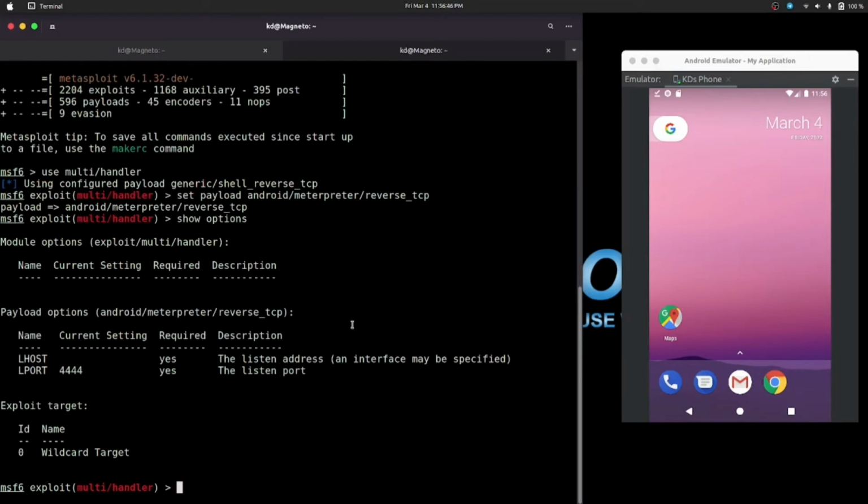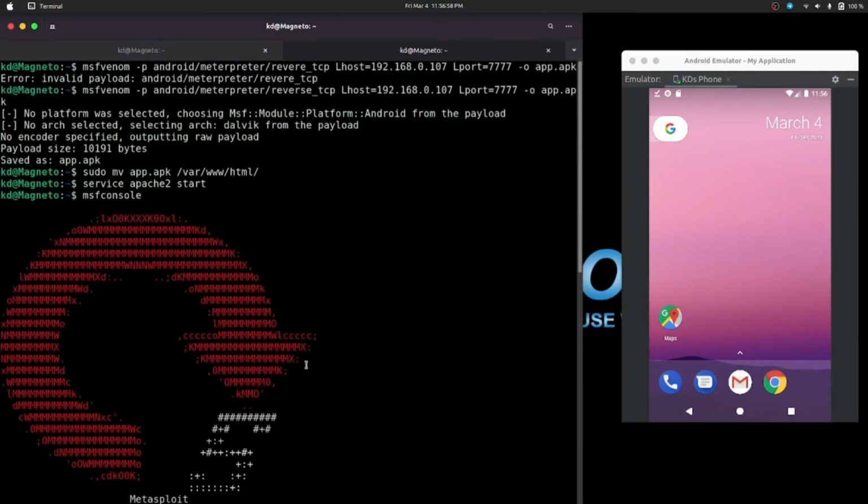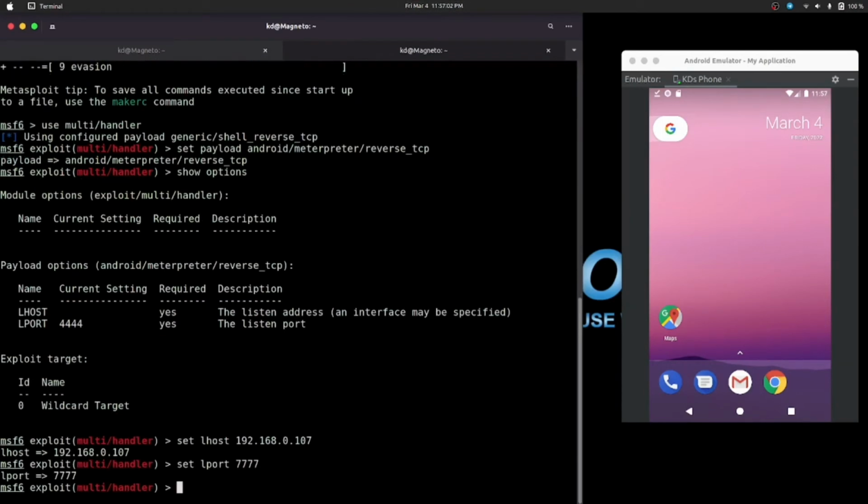So for that, set lhost to be our IP address and set lport, that was I think 7777, yeah, 7777. And now we are ready to go. So type exploit,